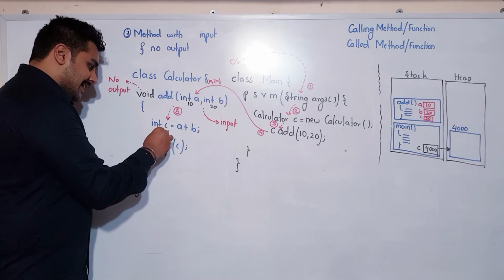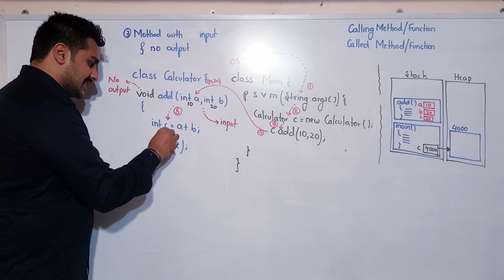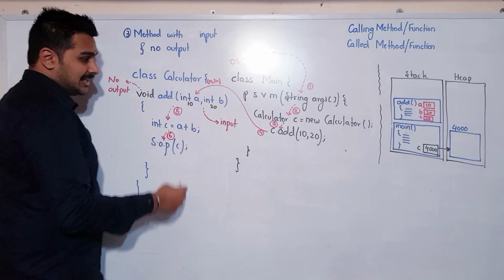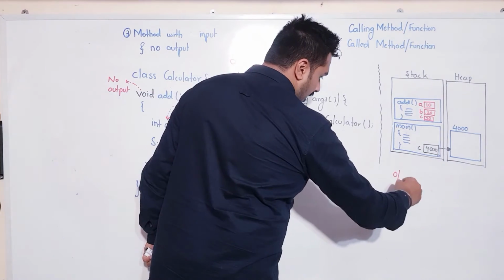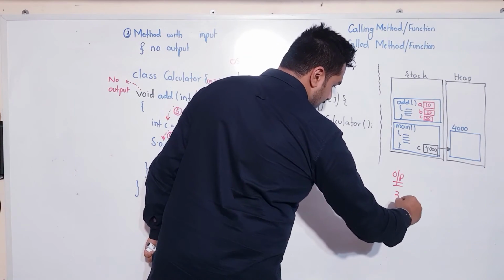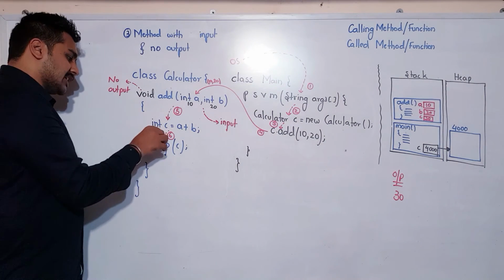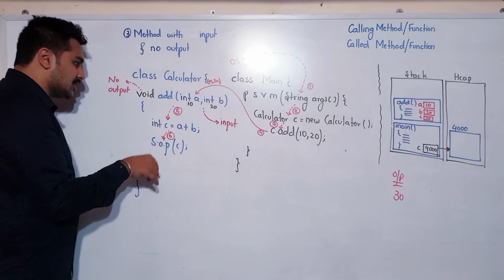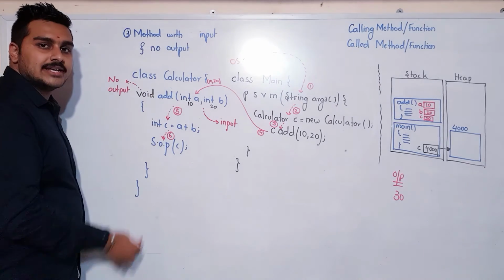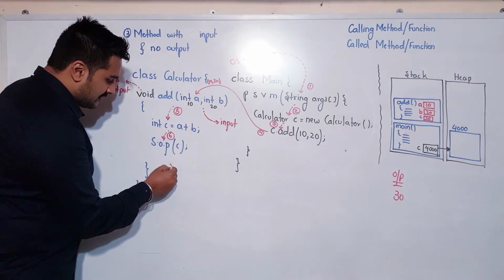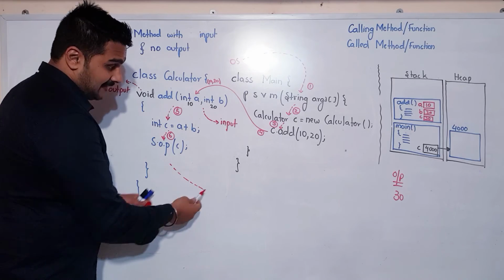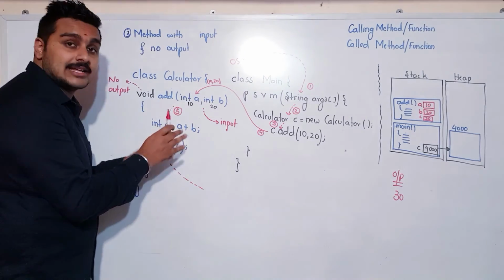I will come to my next step. Step number 6. What is that I am doing here? I am printing the output. I will tell output equals 30. Once the execution is done, am I returning something? No, because the return type is void here. I will leave this function. I will leave this method. I'm really sorry, it is method.